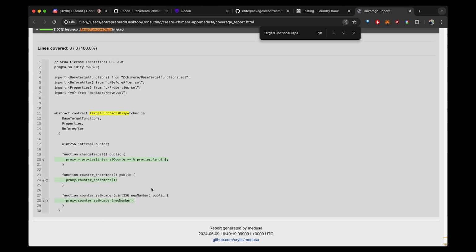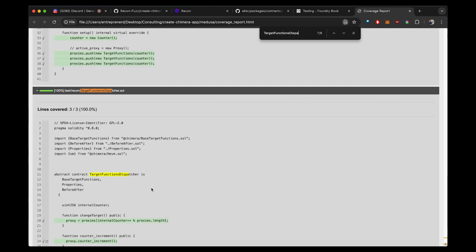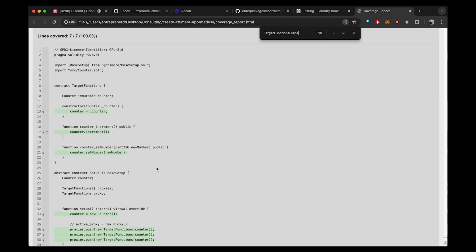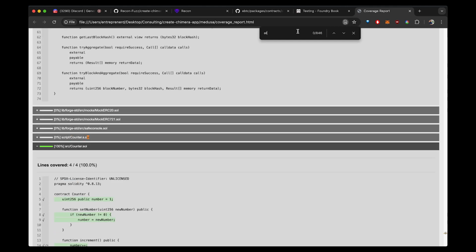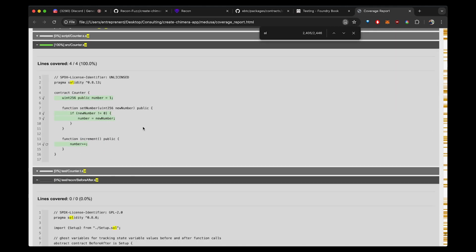So we can see that it's being called, but that doesn't mean anything because we have to go to our proxy, which is here, and we can see that it's called, but now we have to go to the counter.sol contract,